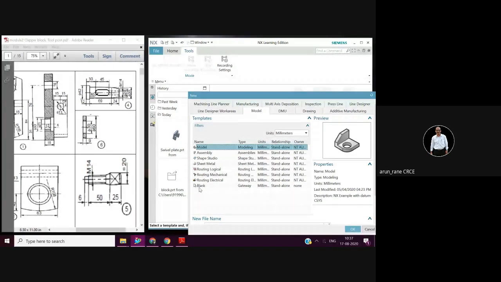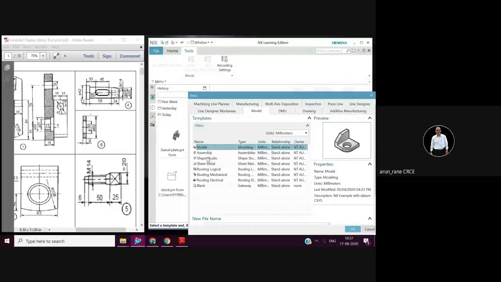All this you can do in the student edition. If somebody is very curious academically, he can do it on his own. But because of time, we should focus on what is important from the examination point of view. So Model and Assembly, these two are important.